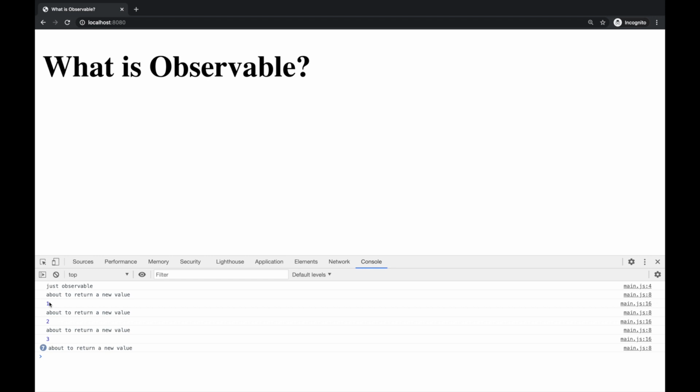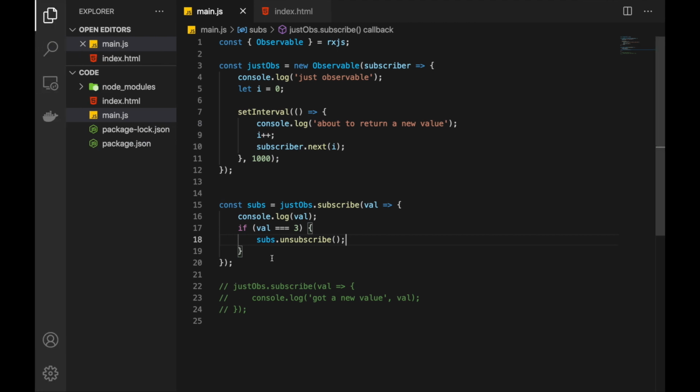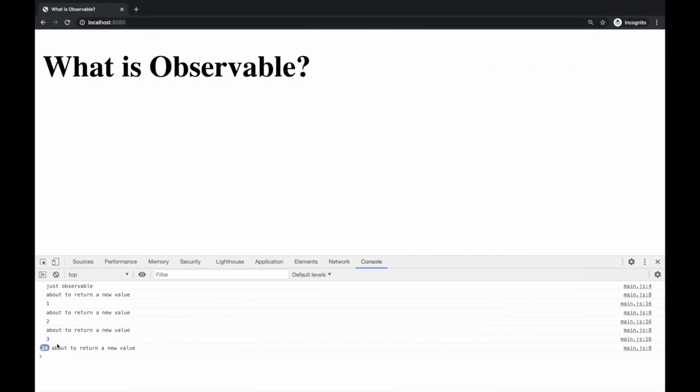As we have seen, we have got the 1, 2, and 3. This was expected because when Observable returns 3, we say that, okay, I don't want to continue listening to it. I don't want to receive further values. So we have used unsubscribe, and it seems to be working because in our console here, we didn't receive any more values. But if we look closely,